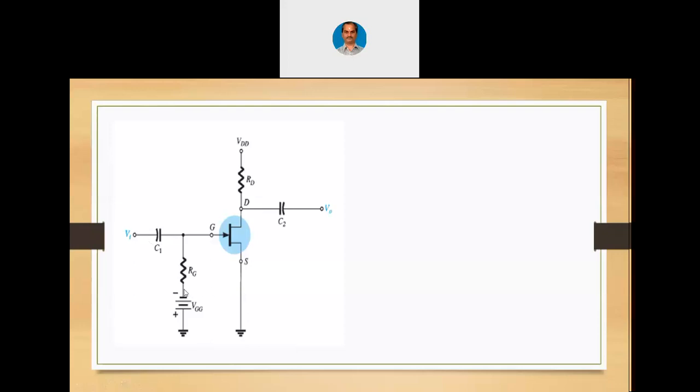That voltage here is mentioned as VGG. As source is grounded, we can also call it as VGS now. VGS and VGG are one and the same. This is only a terminology. Just like in BJT we had VCC and VBB, here we are using VDD and VGG.